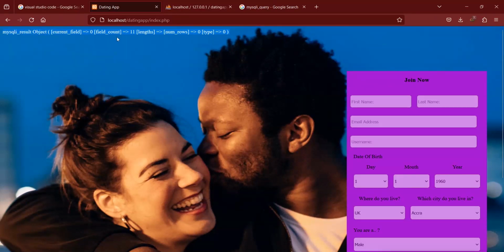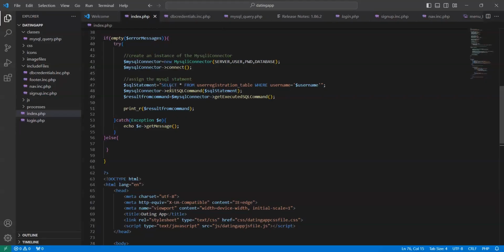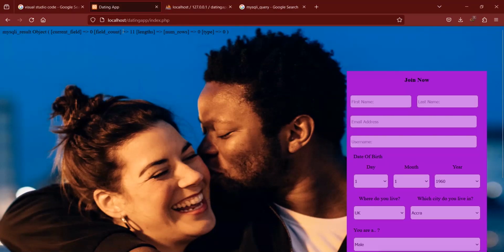This shows that there is no field that pertains to our current SQL statement, selecting from the registration table where user was equal to hash them. The result you got was an empty row, number of rows 0, which means that there are no results or there is no user with the given username. But this means we can go ahead and create the user records in the